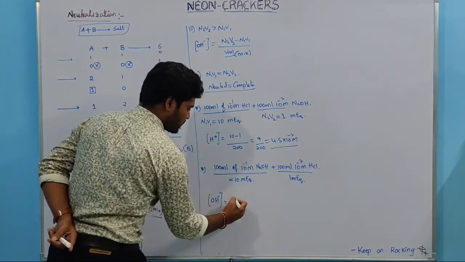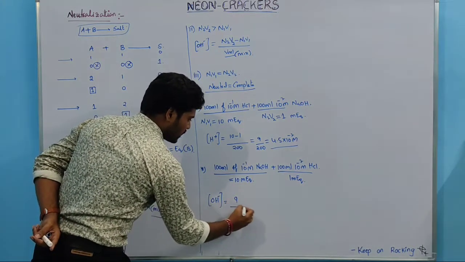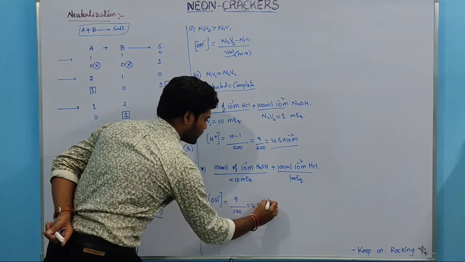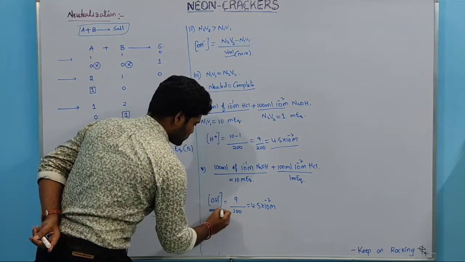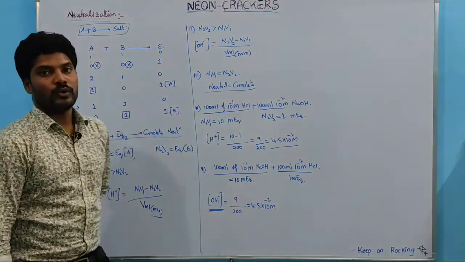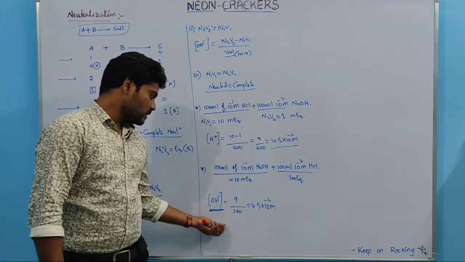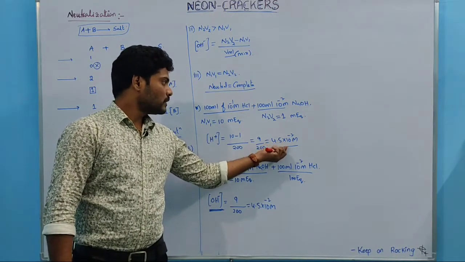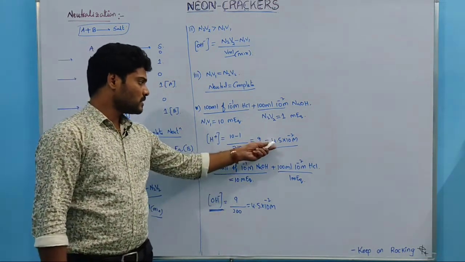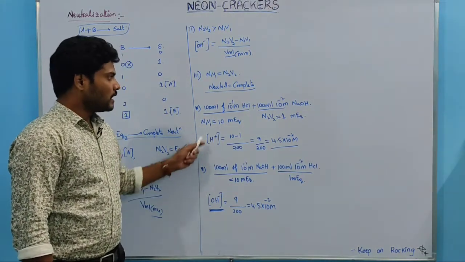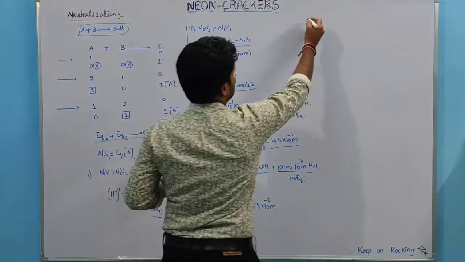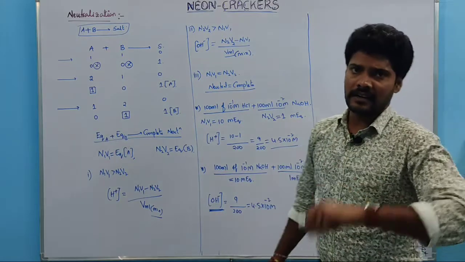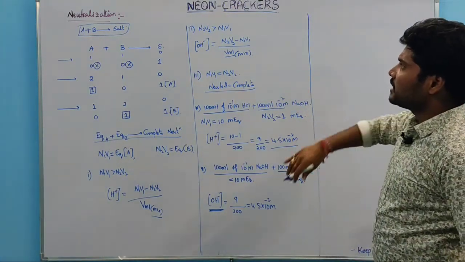Basic nature equals what? Higher minus lower. Same, 10 minus 1 is what? 9 upon total volume, which is 200. Same concentration, 4.5 into 10 to the power of minus 2 molar. But what is the concentration? Basic concentration, OH minus. So if you want to find the pH here, it is greater than 7, and if you want to find the pH of the previous one, it is less than 7. Same concentration, but where is the difference? Acid and base. So one type of calculation they ask is what is the nature of the mixture when a certain amount of a certain concentration is titrated or mixed with each other, strong acid and strong base type.